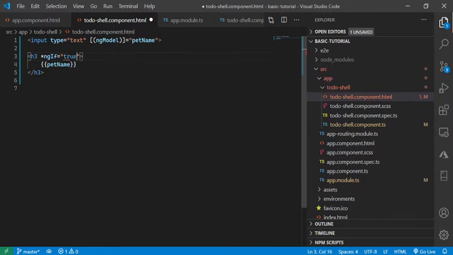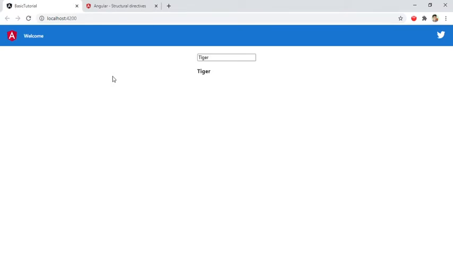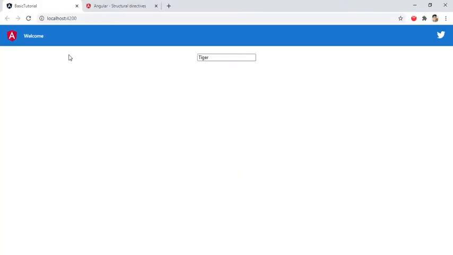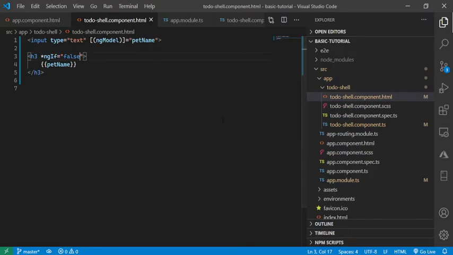So let's say true. If I give true, it will obviously show the output here. Let's see what happens if we set it as false. So it has disappeared, which means the condition is false, so don't show the output. This can be done another way also. Instead of providing the values, we can compare the variable values and provide the end result of a particular variable. For example, we already have a variable called pet name.